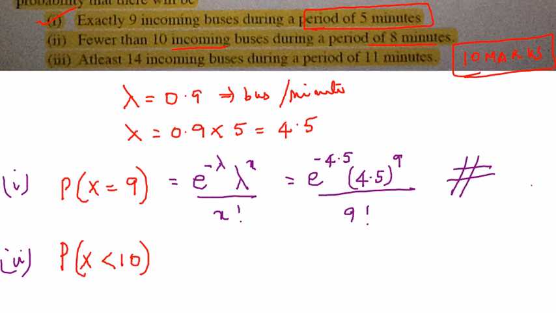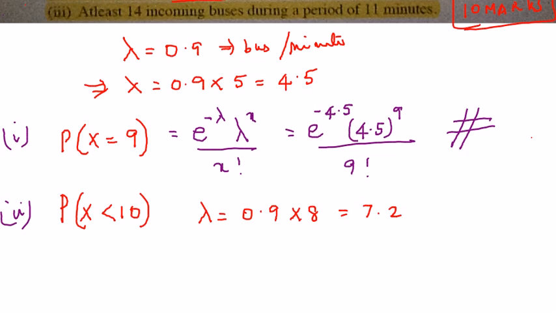So for that you first have to find lambda for a period of 8 minutes. So it's going to be 0.9 into 8, similar to how we did here, right? It's going to be 72, so 7.2. Lambda is 7.2, but here you have to find the probability that less than 10 buses are coming in during a period of 8 minutes. So here in this case my probability is going to be, okay,